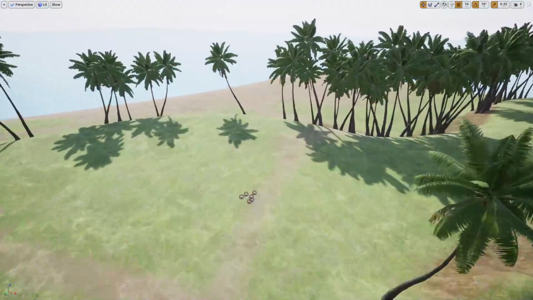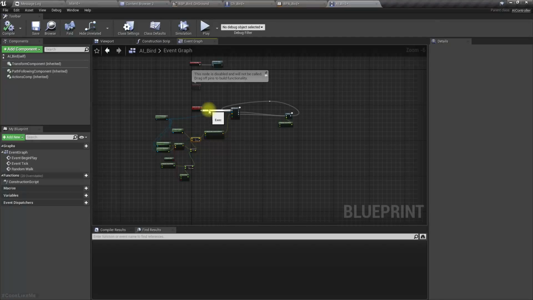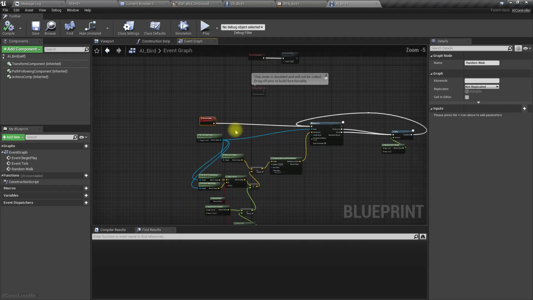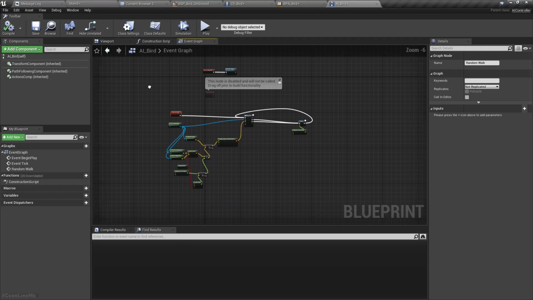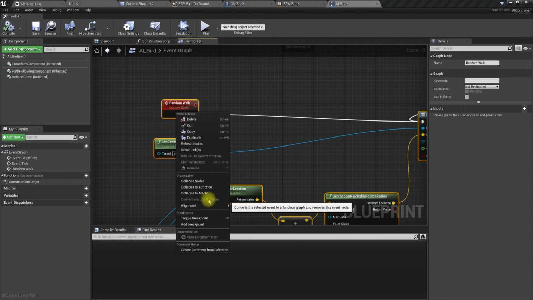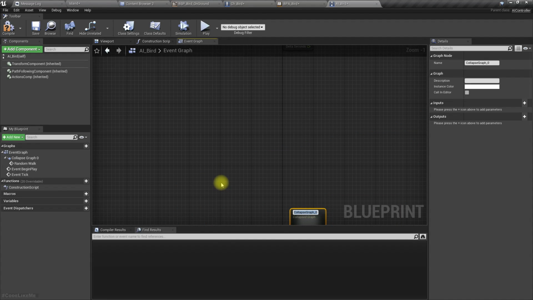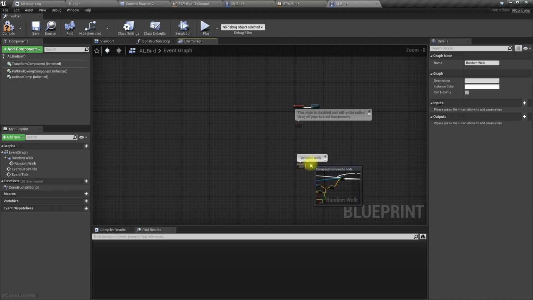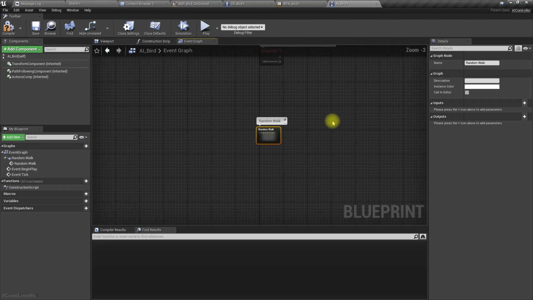So yeah, right, so this is the random walk custom event that we have defined in the AI controller class. Let's collapse this. Random walk. Right, now